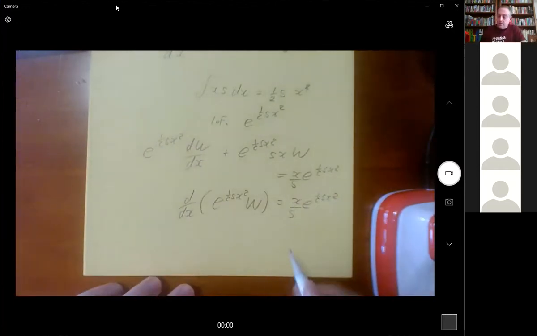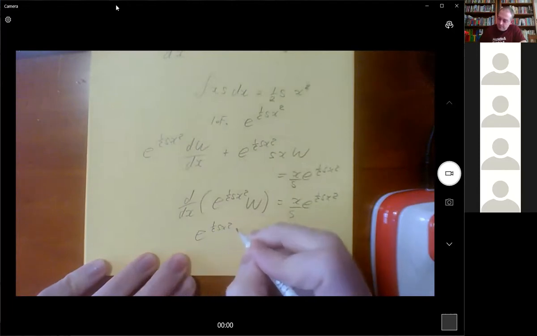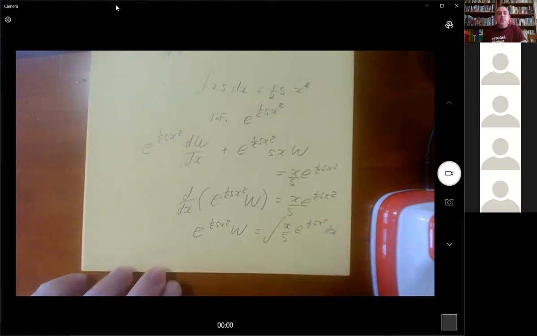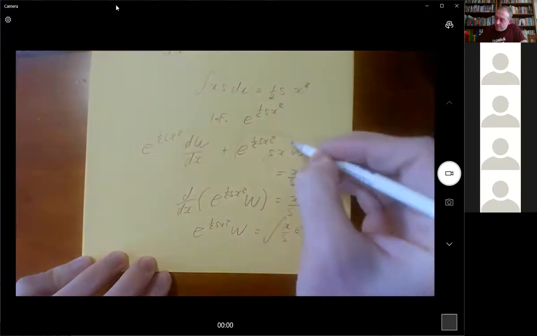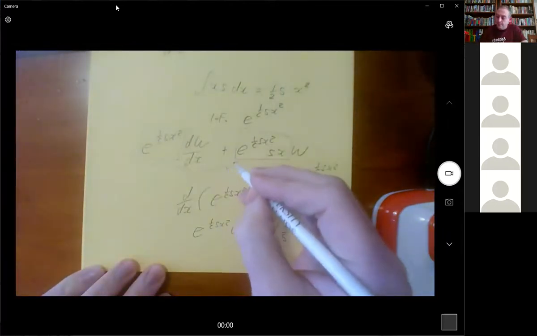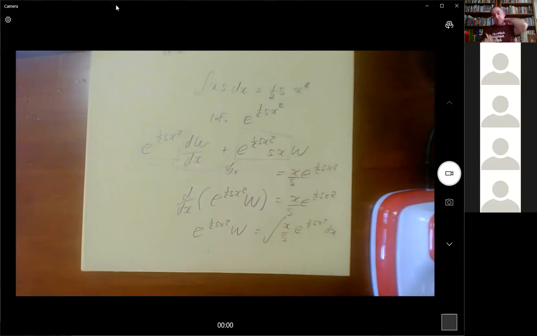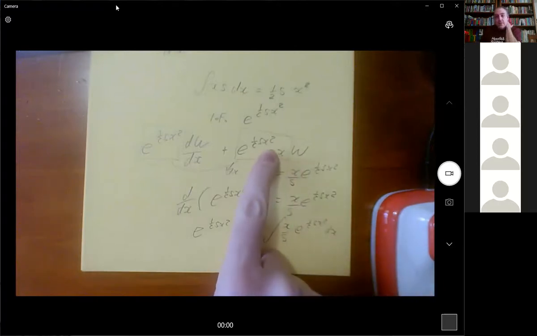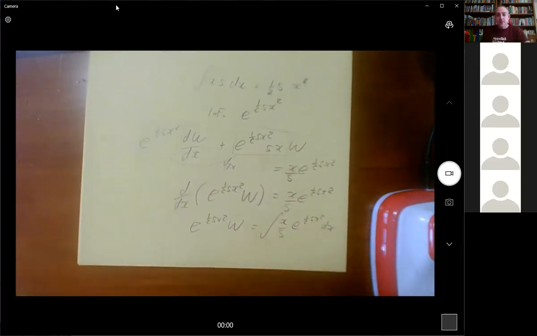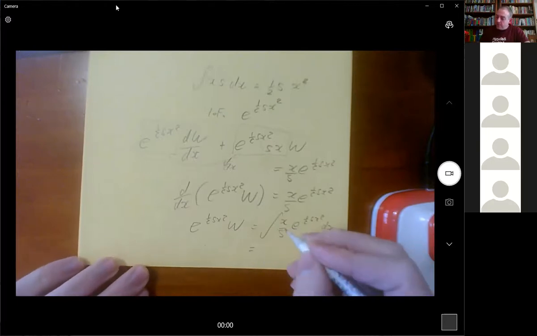And so I'm going to have to integrate this. I can cheat a little bit because I know that this is the derivative of this. That's how it was set up. We set this all up specially so that that would happen. And so I can see an x times e to the half of sx squared here. And I can see an x times e to the half of sx squared here. So if I arrange this just a little bit differently and pull the one on s out,